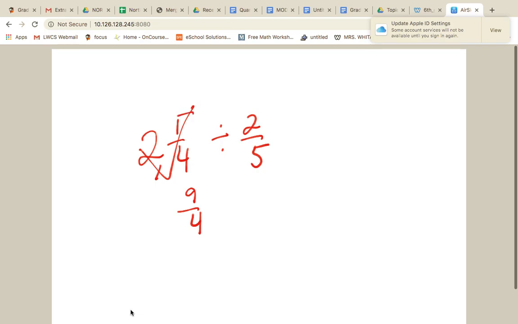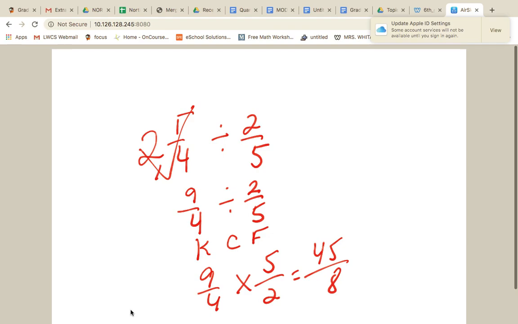You can also have a mixed number that you have to divide with. That's no problem because you know what to do. You just change it to an improper. So I do the check mark. That's 9/4 because 2 times 4 is 8 plus 1 is 9, divided by 2/5. Now I just do the same as I did before. You do the keep, change, flip. So 9/4 times 5/2, which gives me